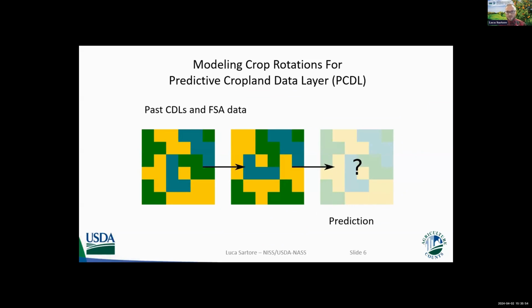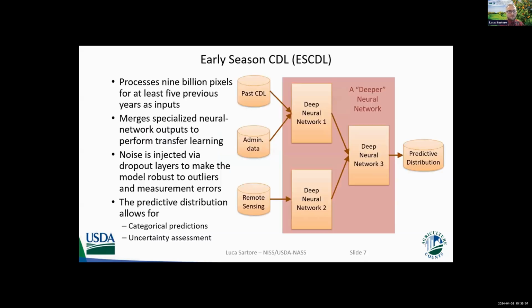And once we merge these two data sources, we are able to track through time crop rotation patterns, and through a modeling approach, we are able to make some prediction. But once we start to go into the growing season, and after some of the crops have been planted, we can start to use also remote sensing together with the crop rotation patterns from the past CDLs and the administrative